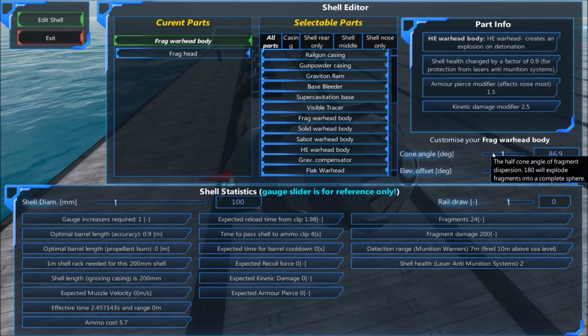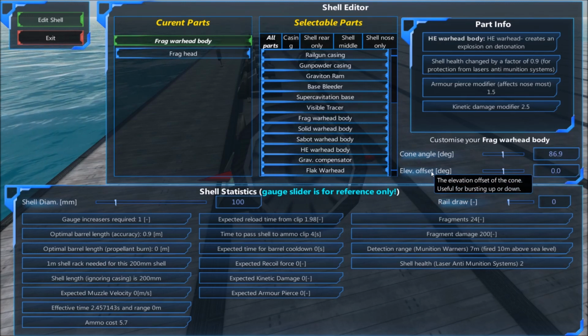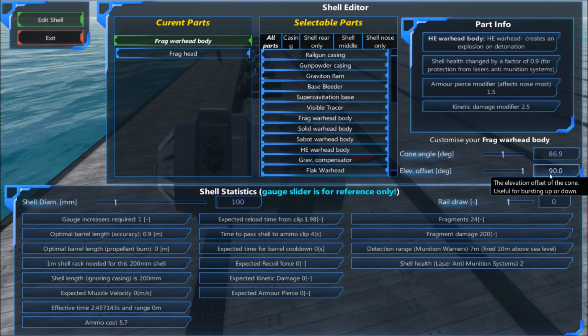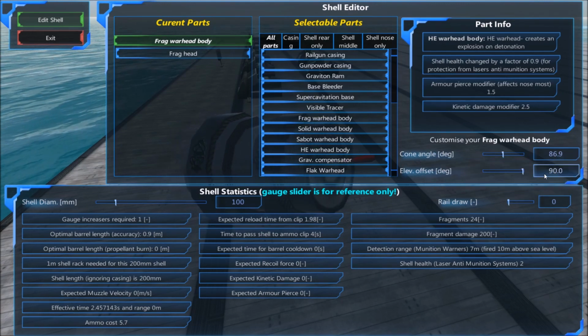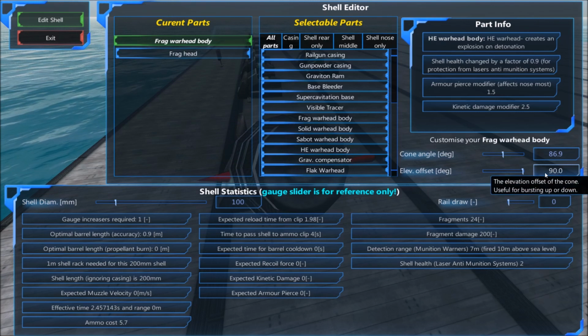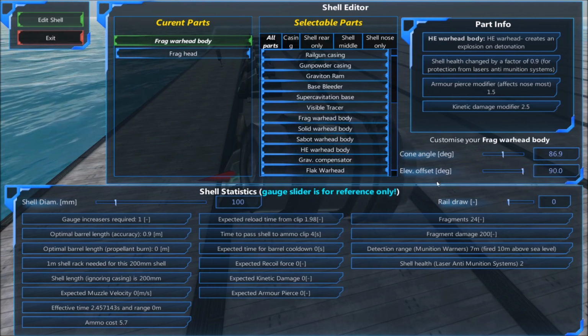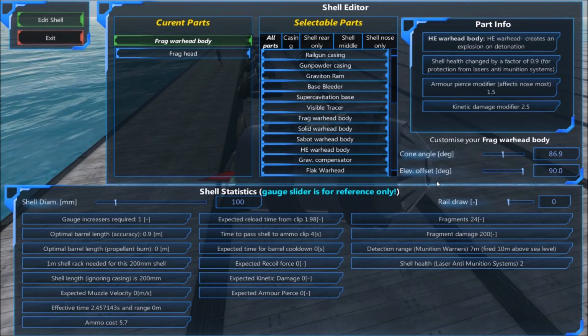So at the moment, if this is set to 0, the frag cone will come out the front of the shell. If I set this to 90 degrees and I've got this cone angle set to 90 degrees as well, then what this will do is send the frag cone 90 degrees upwards. So it will send the frag cone directly upwards from the shell,